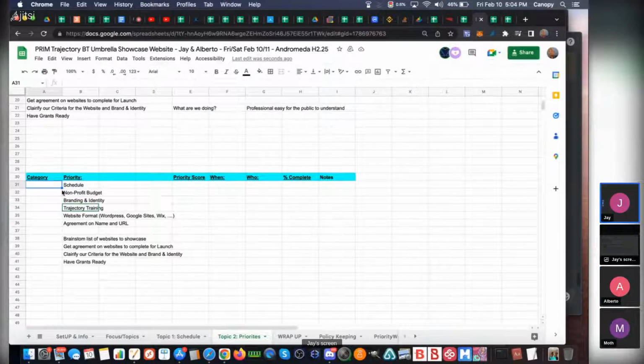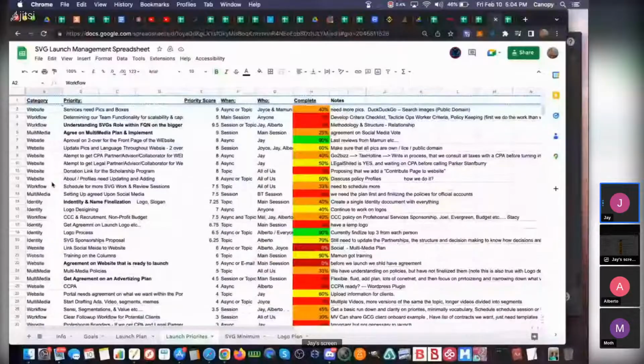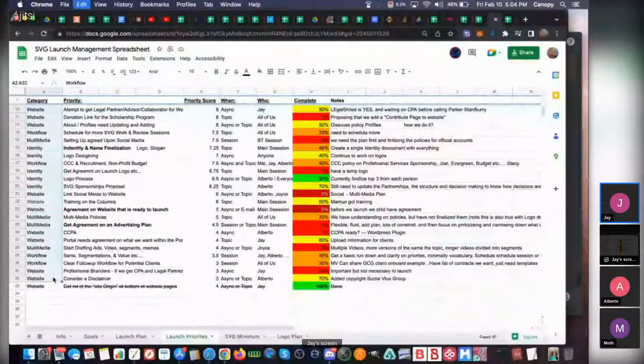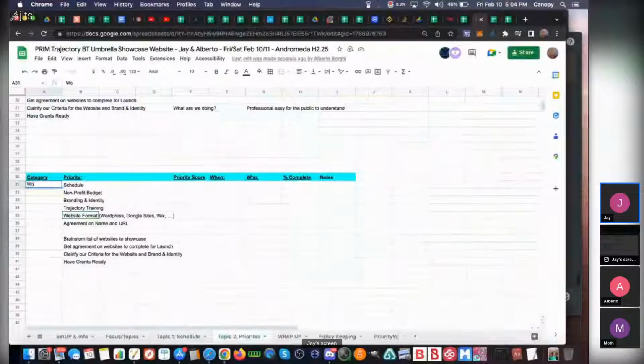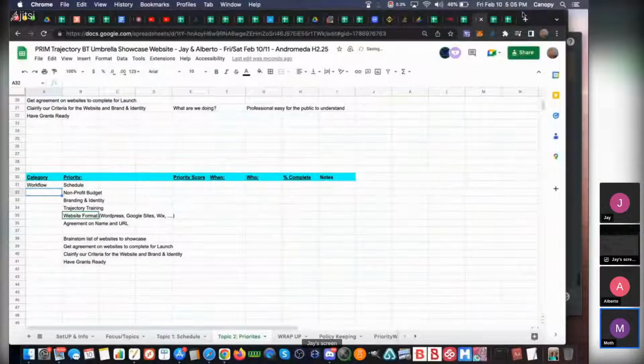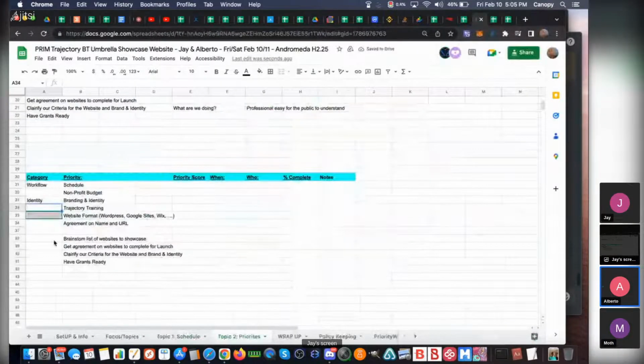So also it'd be helpful to have our categories. Our categories are basically workflow, identity, multimedia, website.